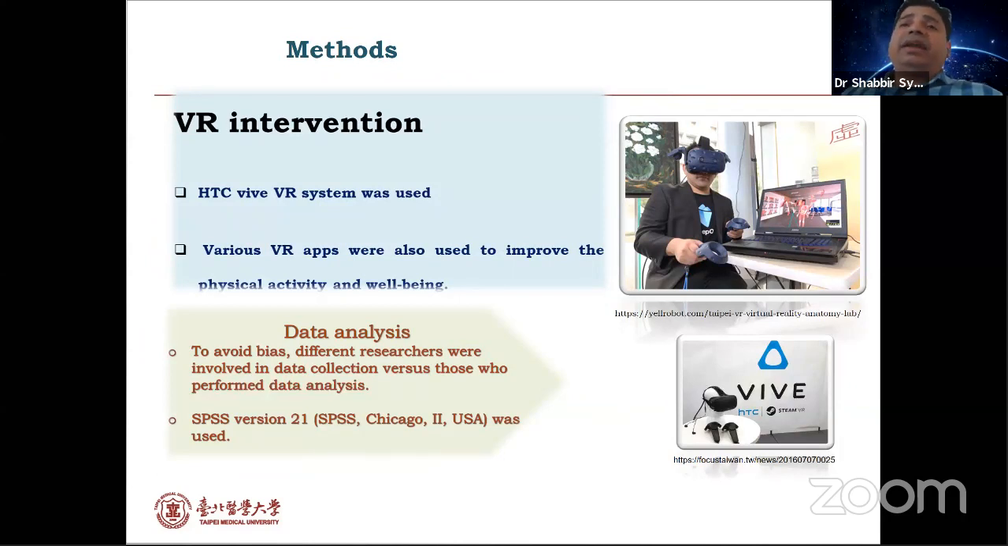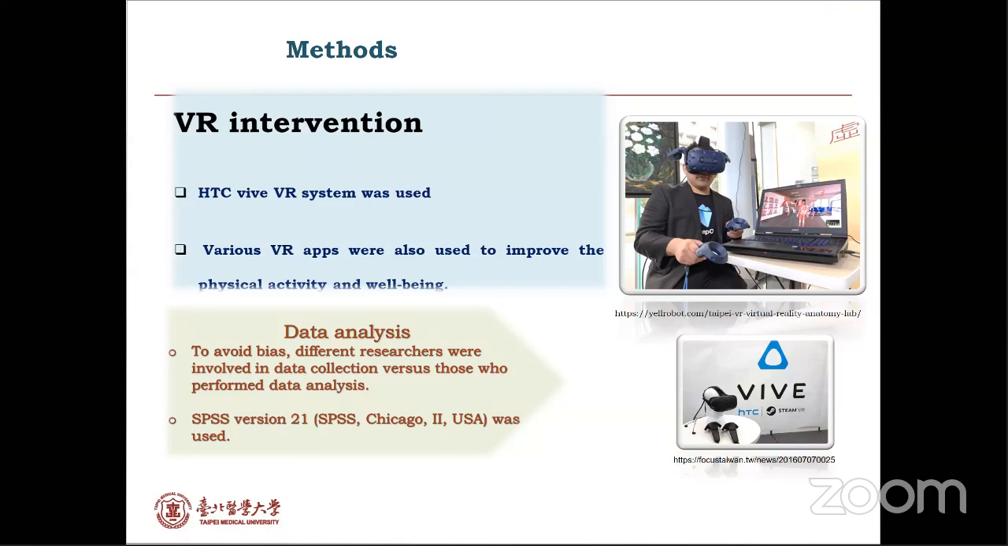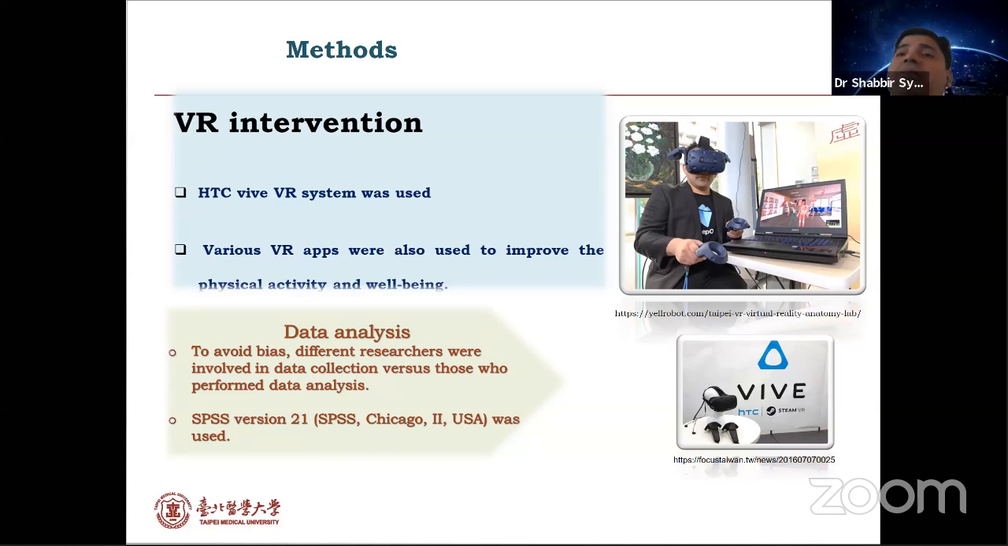As you see, the intervention was a VR system used for 15 minutes for 12 weeks in this study, and various VR apps were used to improve physical activity and well-being. To avoid bias, different researchers were involved in data collection versus those who performed data analysis, because obviously we don't want to